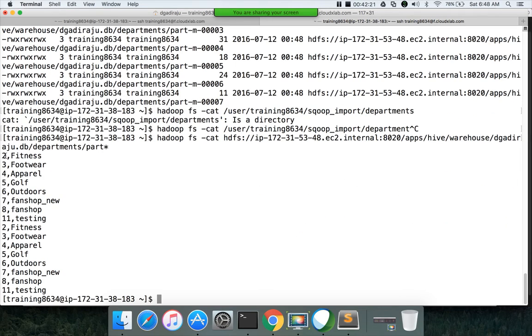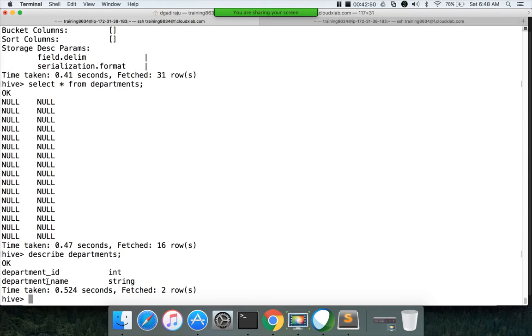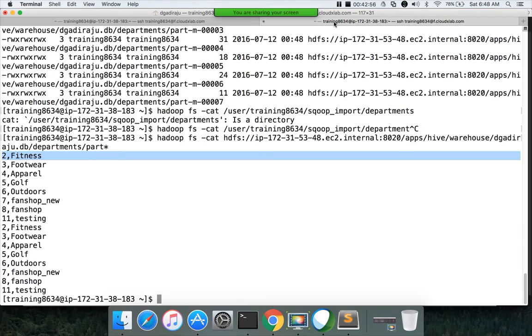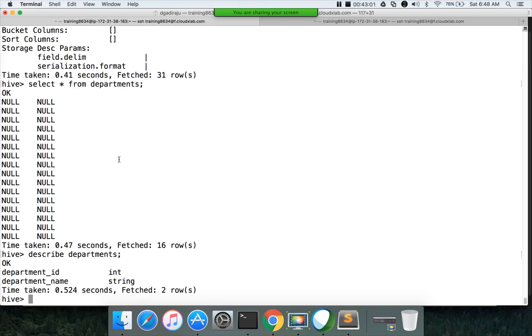If you see, the data is comma separated here, because there is no pipe anywhere here. It will treat each and every record as one column only. So it will only think that there is only one column, or data for only one column, for each of the records. Okay, and if the data type of this and the data type we have defined on the table match, then you will see 2 comma fitness, 3 comma footwear, 4 comma apparel, something like that when you try to query the data. Okay, I can demonstrate that real quick.